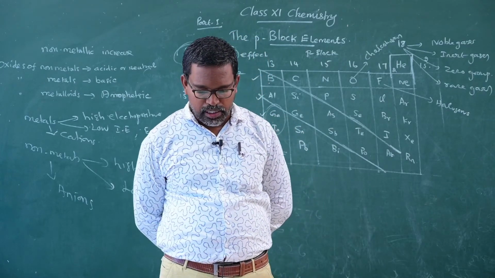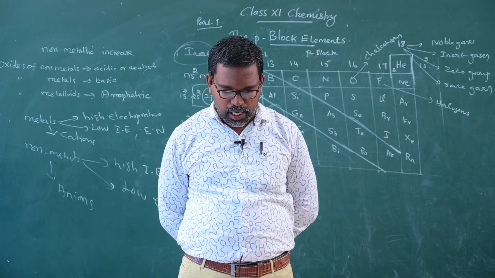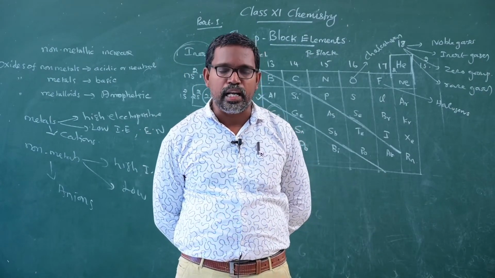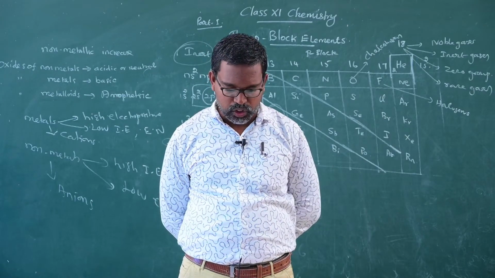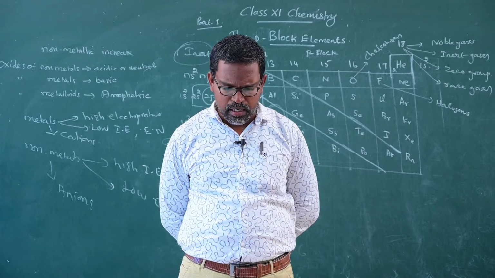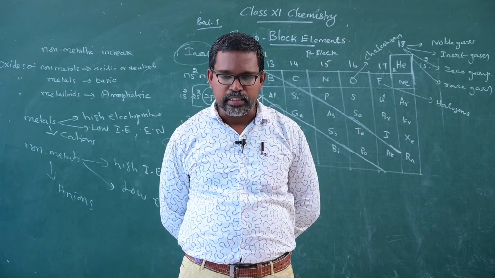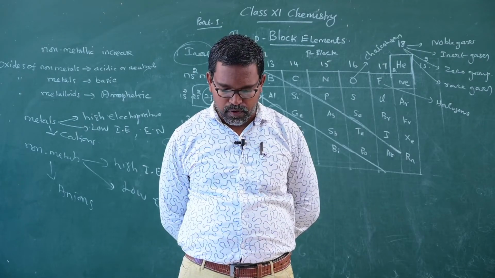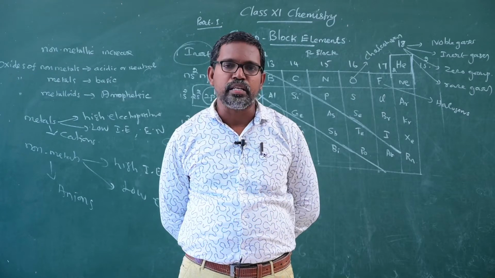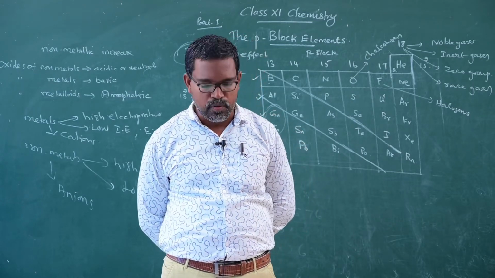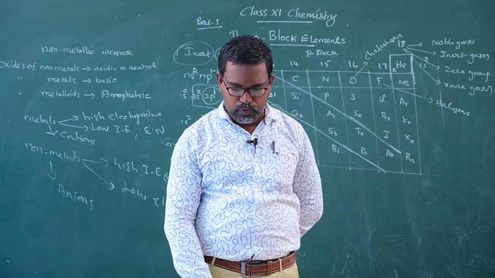Nitrogen forms only the trifluoride NF3, up to octet, while phosphorus forms pentahalides, phosphorus pentafluoride, phosphorus pentachloride etc. Fluorine does not form FCl3, that interhalogen compound does not form. With chlorine it forms ClF3. ClF3 is the compound formed. So this is the covalence up to 4.